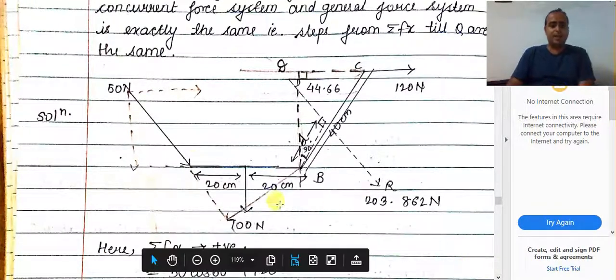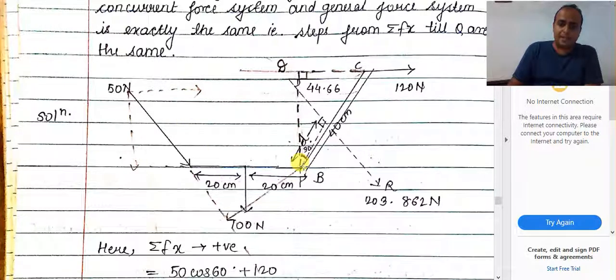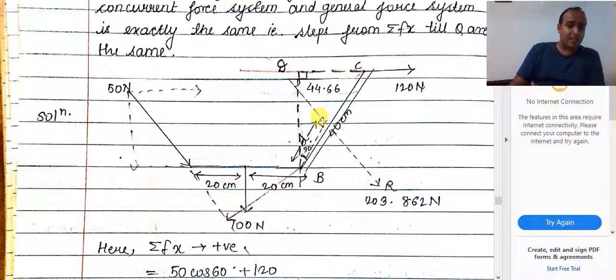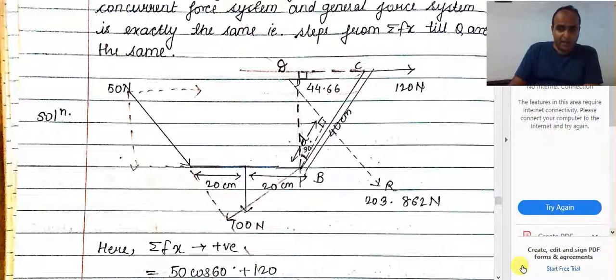What we have considered, my dear friends, now we have considered from the point B, let the resultant be taken at a perpendicular distance small d to the right of B. Either we could have taken it to the right or we could have taken it to the left. Just for our calculation convenience, I will be taking it to the right of point B, that is hinge B, and let us see if that value of d comes out to be correct by using Varignon's theorem. That means our assumption is right. If that value comes out to be negative, that means the resultant will be passing to the left of B. So let us go ahead with the calculation now.